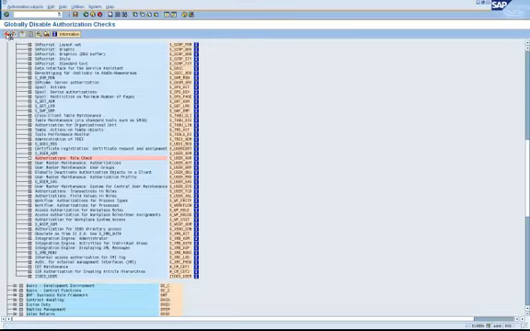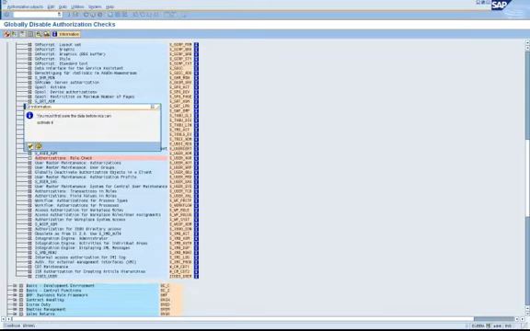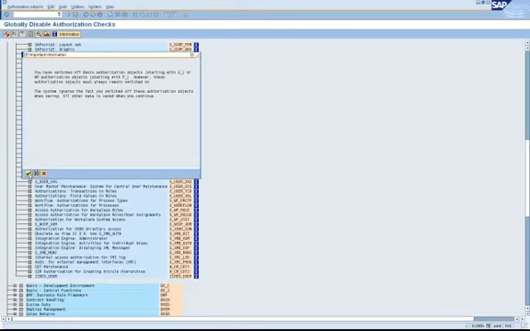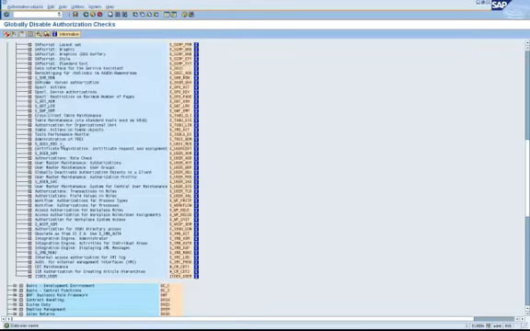Now if I generate it, okay, I'm going to save it first. See, your switched off basis authorization object status is shown, however this object remains switched on. So this is a bad example. So this is not a good example. But anyway, for example, let's take this. Is it check back again?